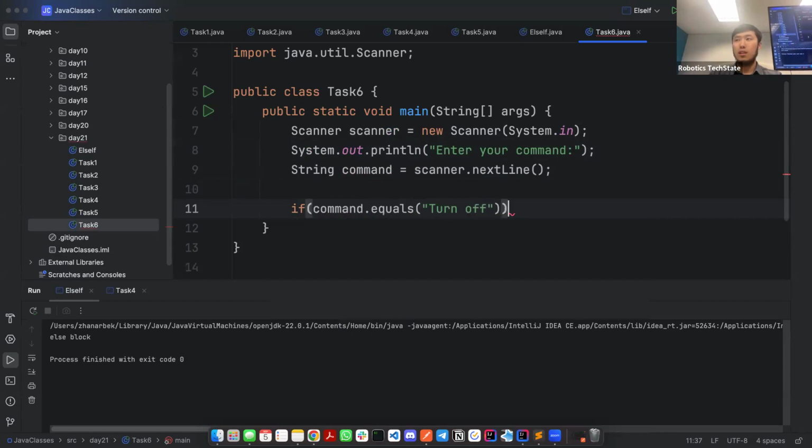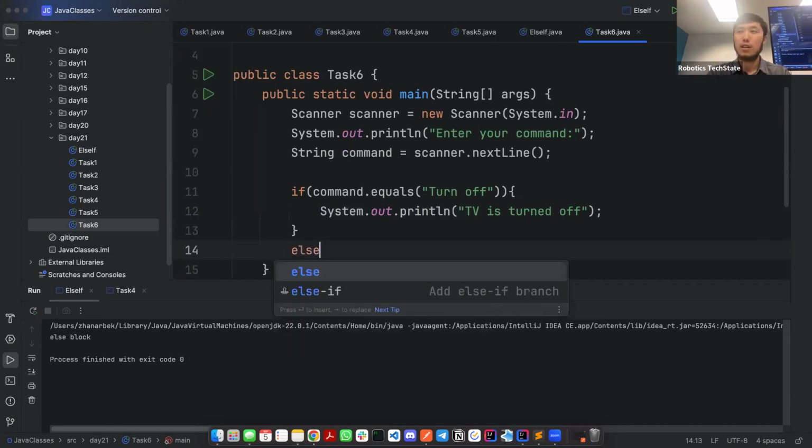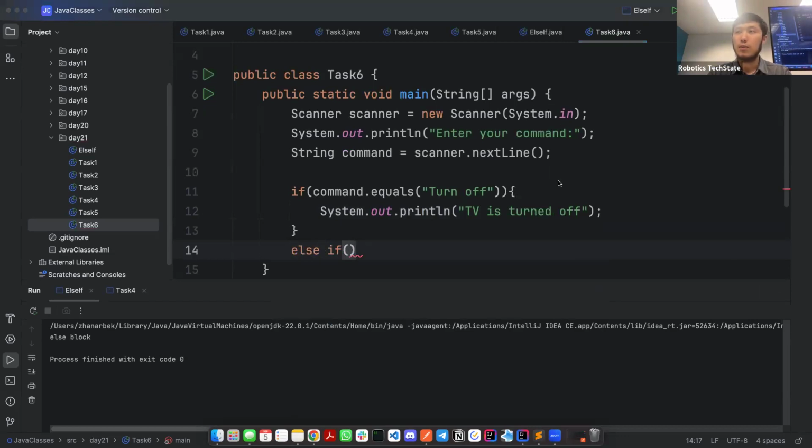Next, what's the text for this? Turn off. TV is turned off. All right. So next block, is it again if or else if? Else if, right. Else if